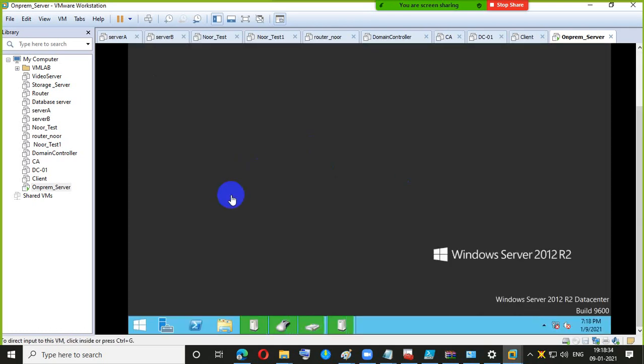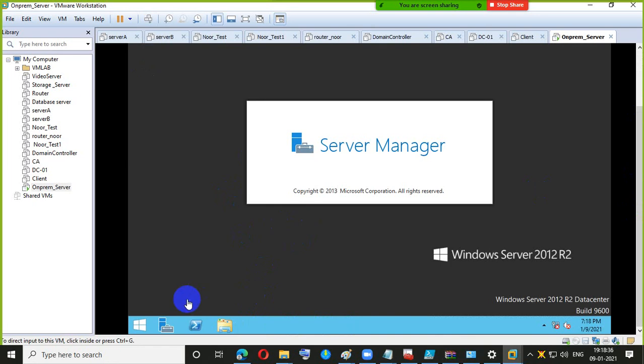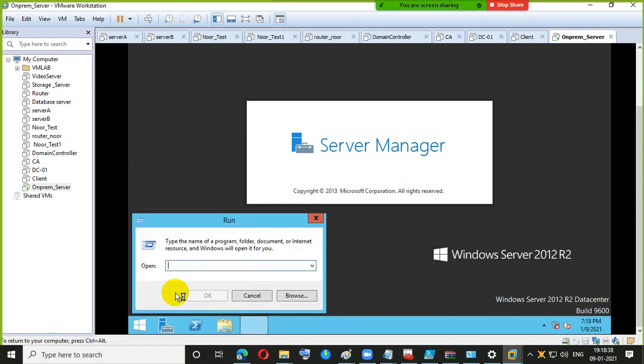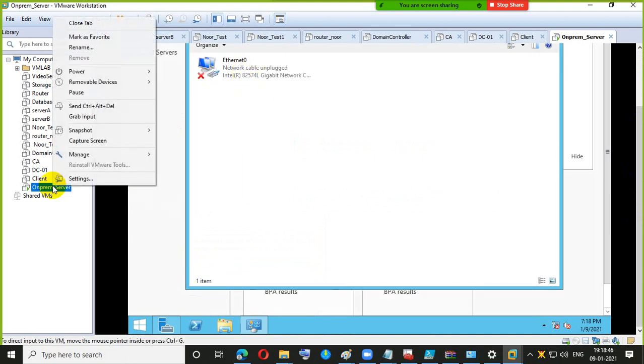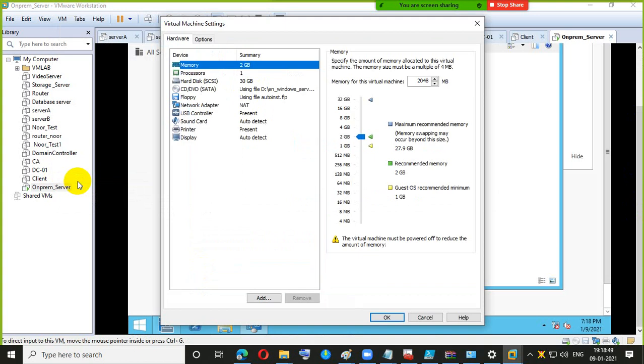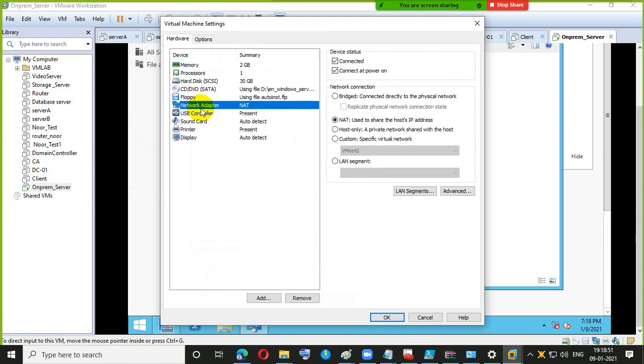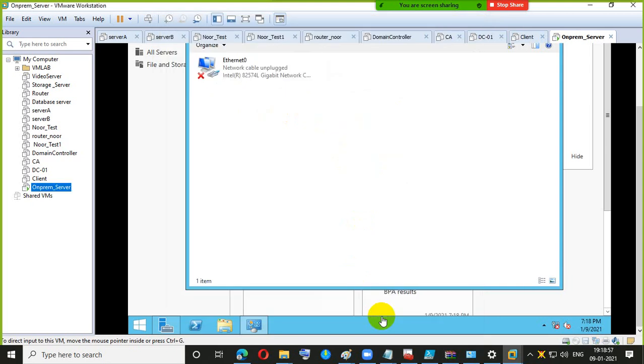Okay, perfect. So let's put an IP address. Okay, it's in a disconnected state. So go to the settings, network adapter, VMnet 0. So it will be connected.